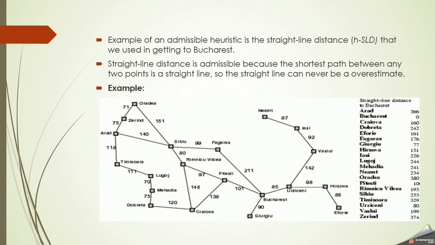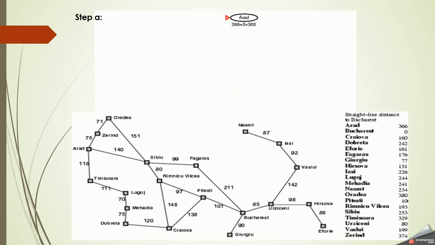So we are going to take the same map of Romania. I'm starting with the initial node Arad. Arad's h of n value is 366. Here the heuristic function we have taken is the straight line distance. So Arad is 366 plus g of n. Arad to Arad there is no path, as it is a starting node. So f of n is equal to g of n plus h of n, which is 0 plus 366. We are getting 366. Okay.